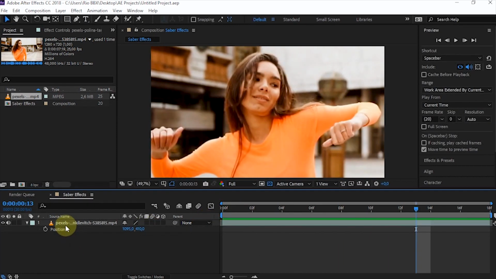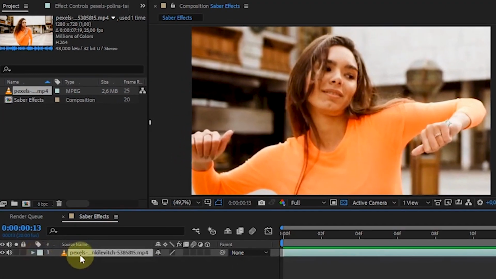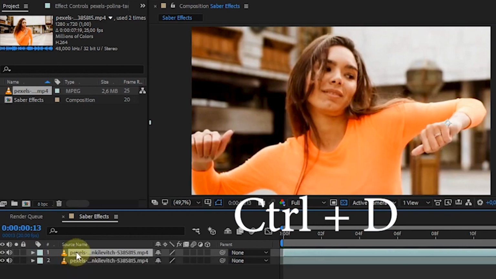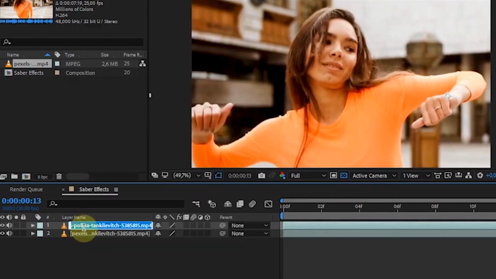The next step, duplicate the video clip by pressing Ctrl-D. To make it easier to distinguish, I'll rename the layer.